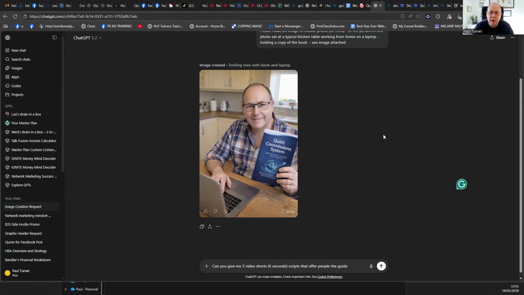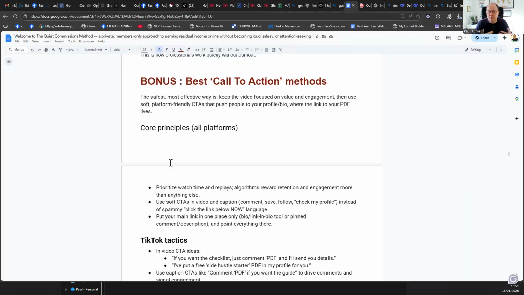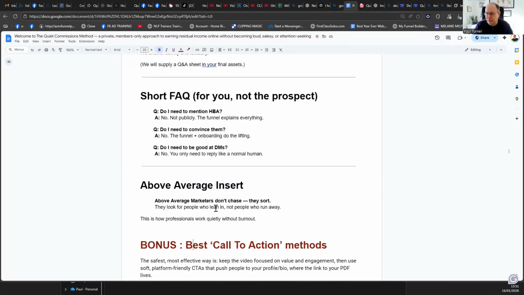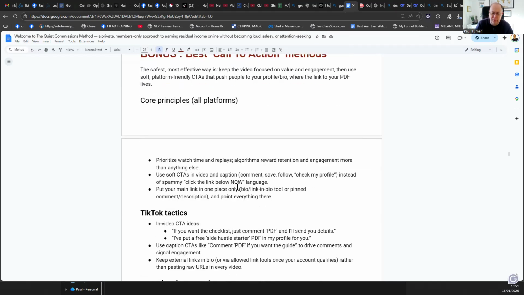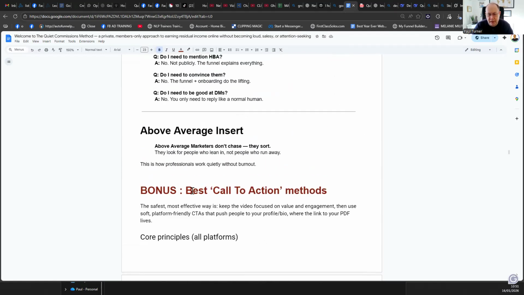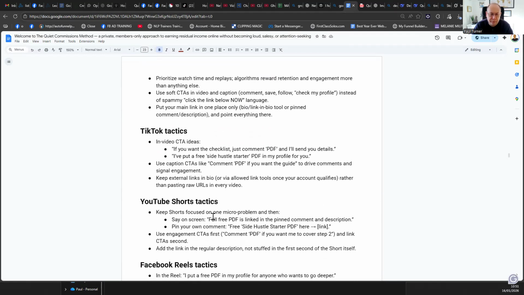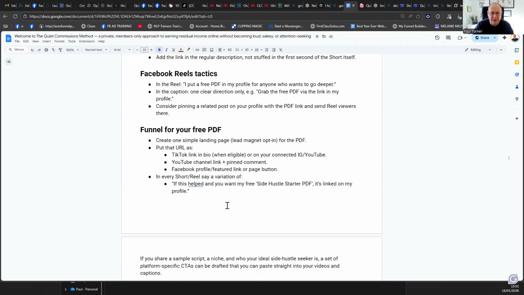Now, for our members, I'm going to put these modules. So it's a full guide at the minute, 41 pages long, and it walks you through step by step. Don't worry, it's like big text and bullet points, right? But it's like a complete manual based on what me and Eric have been doing for years, based on what we know works, based on what's proven. And I've just added a section today, best call to action methods, right? It tells you what you should do to tell people without saying things like, go click the link below, get started now, not that kind of spammy stuff, right?